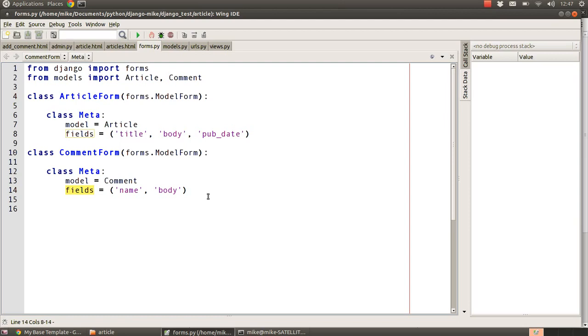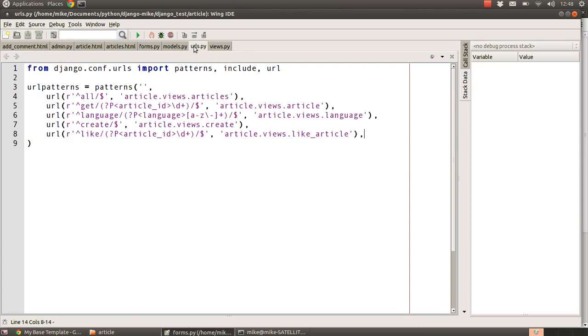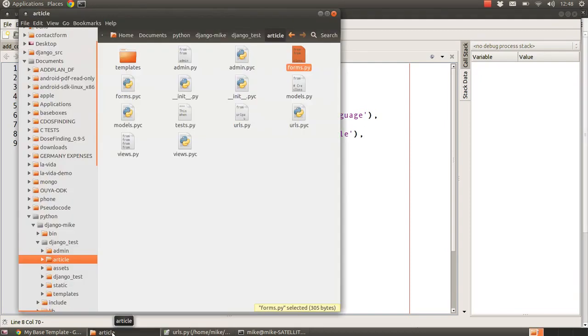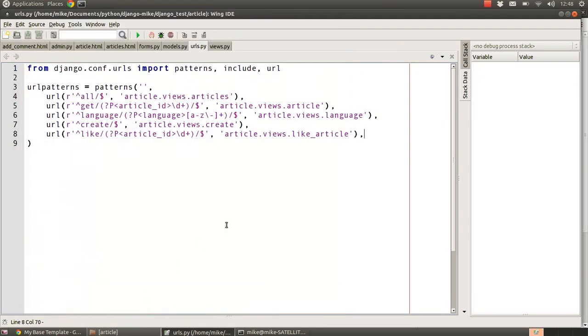So next it remains for us just to basically create a view that we can use these forms and models on. So the first step in that is to just basically define how we actually access that view through the URLs. So we create another URL, and again this is the same urls.py file inside of our articles folder. We add one more line. This one is very similar to the other ones we've added, where we wanted to pass through the article ID,